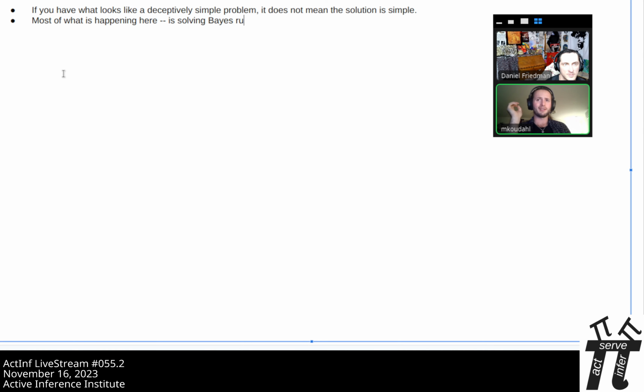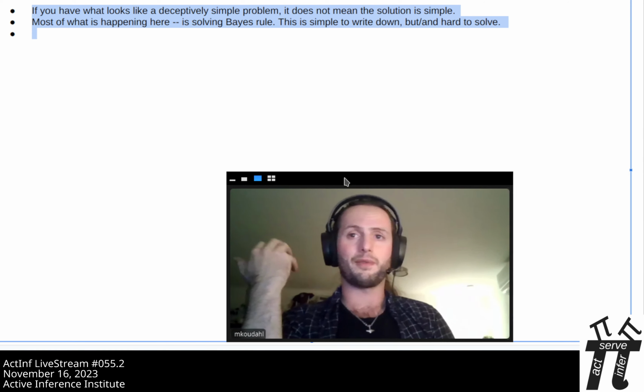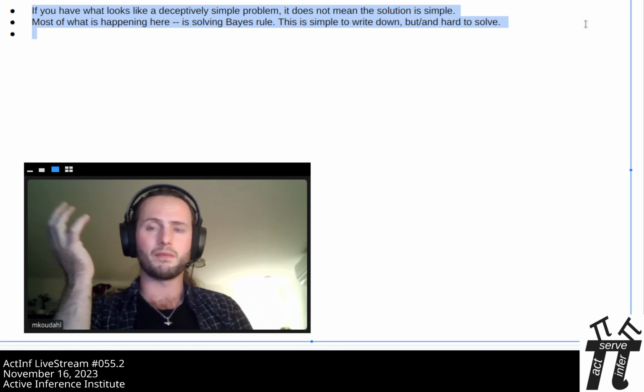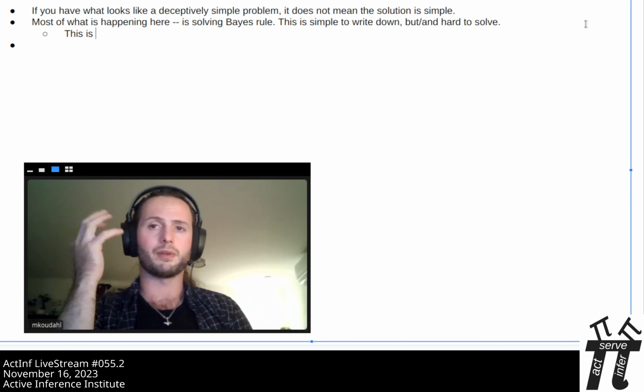The trick is that it's really, really, really hard to solve. That's why we have whole fields of variational inference trying to come up with approximate solutions that are good enough. Why we have all the really brilliant, interesting work on Monte Carlo samplers and all these kinds of things.